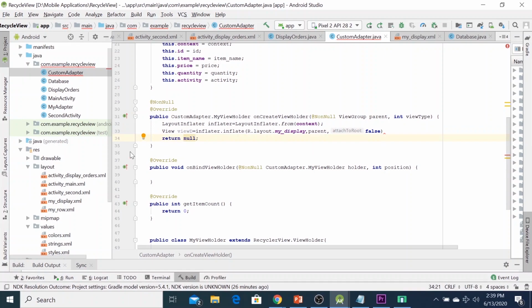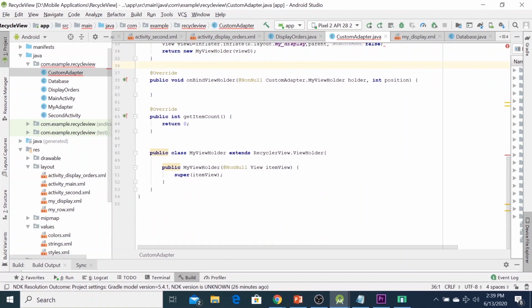And we need to return here new my view holder and view D. Okay, go back to the my view holder here. So we can initialize the object here